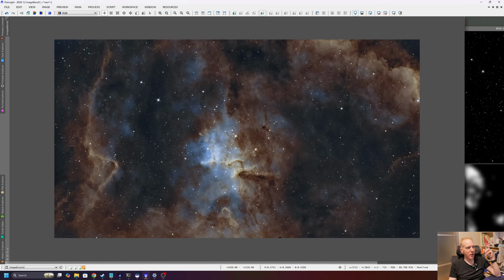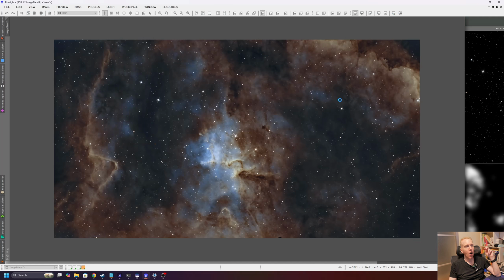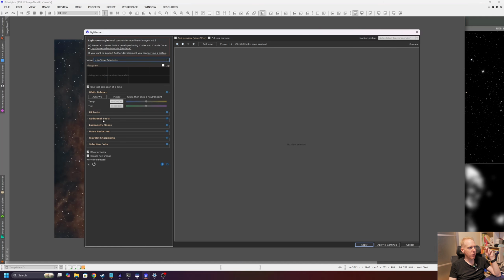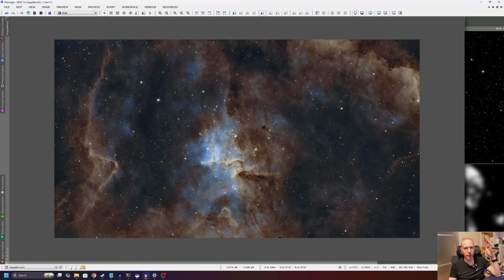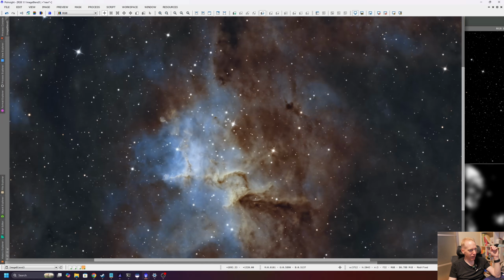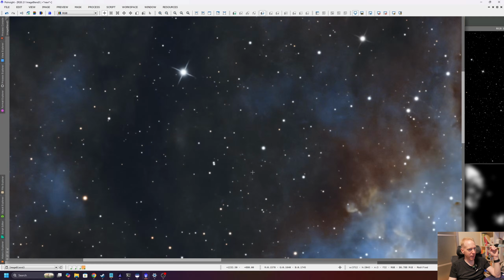One of the things, by the way, that I used in both PixInsight and Siril is the Lighthouse script. I've already presented the Lighthouse script on my channel before, but it really gives Lightroom kind of stuff, in particular clarity and contrast, vibrance, and can let me manipulate colors a bit more selectively. It's a lot of fun actually to use those scripts. That's why if I zoom in, I have more punchy details all around. And the colors I think are even better